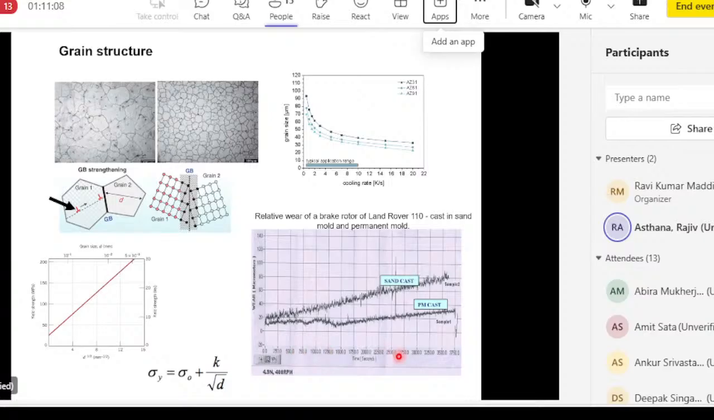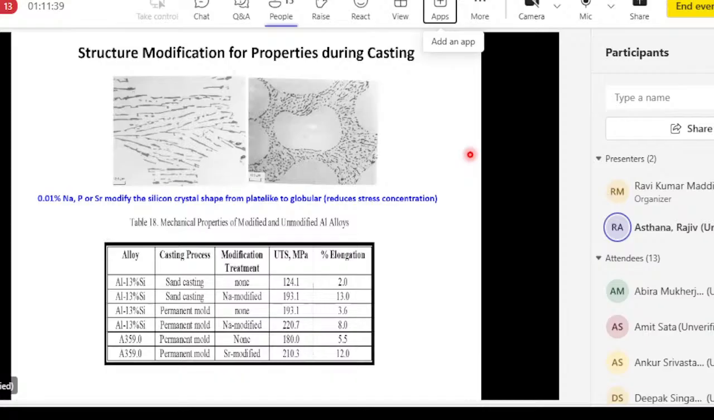And what we see here is that after running for a fixed amount of time, the sand cast rotor wears out more as compared to the permanent mold cast rotor. And that is basically because in a permanent mold casting, you get finer grain structure, higher strength, and therefore less wear. By the properties of casting by changing